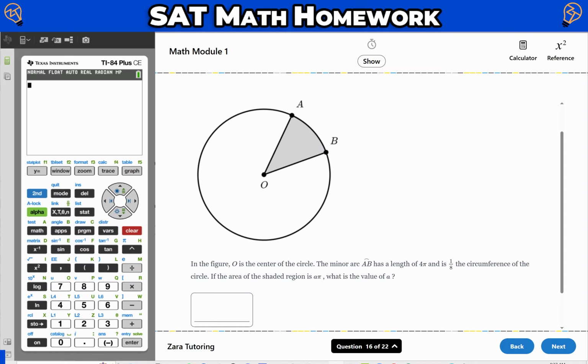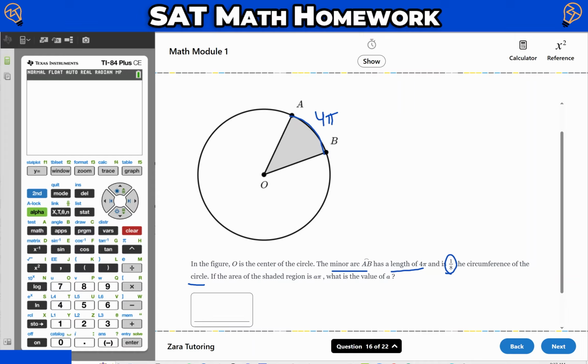So there is a lot going on in this problem. They're telling us that the length of the minor arc AB is 4 pi, and that's just 1/8 of the overall circumference of the circle. Now, before we go on and read the second sentence and start to get even more confused, let's go ahead